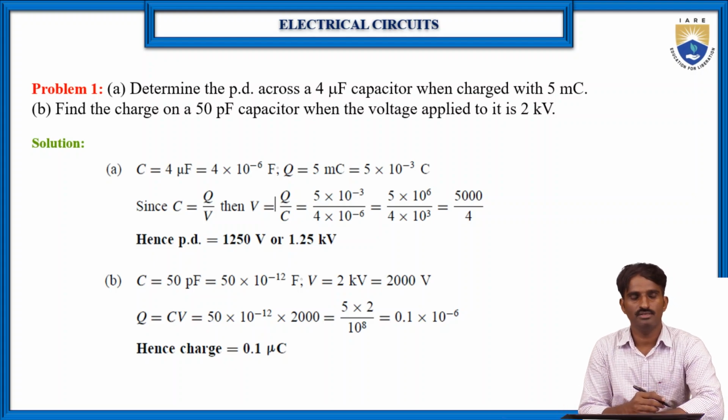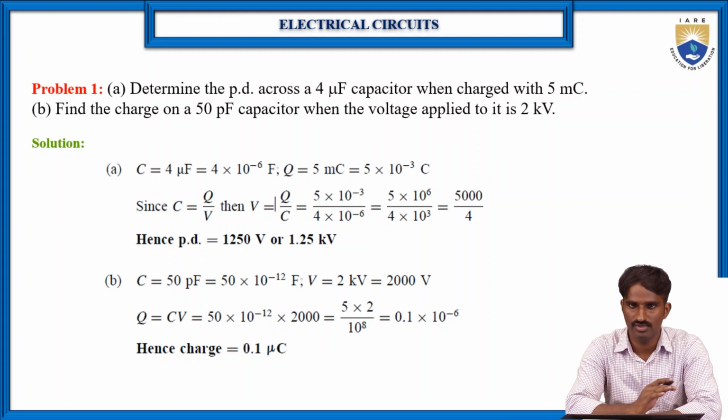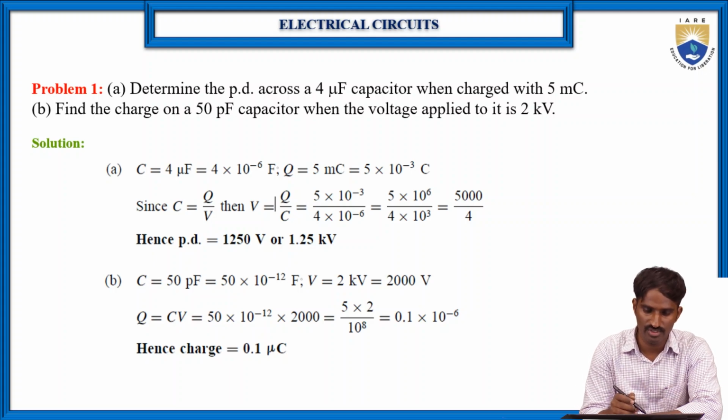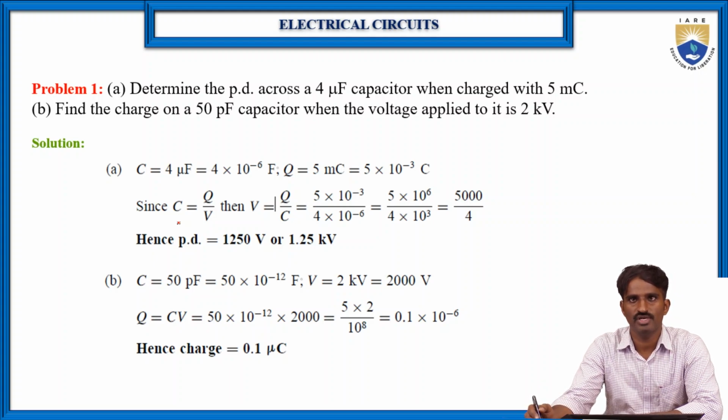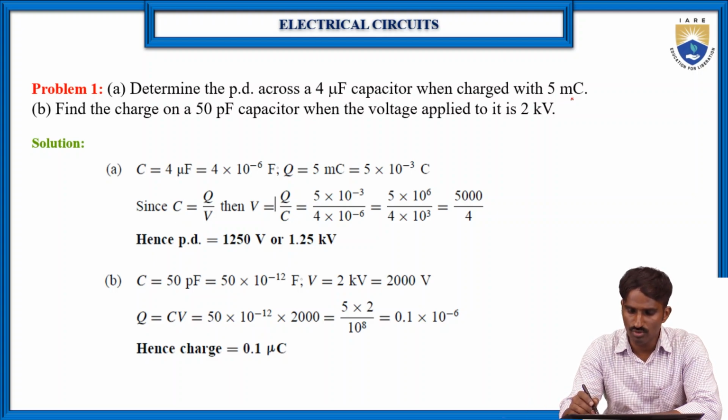Now, based on the concepts we have discussed, what the capacitor and the capacitance are, we are going to discuss some numerical problems. First let me read the first problem. Determine the potential difference across a 4 microfarad capacitor when charged with 5 millicoulombs, and find the charge on a 50 picofarad capacitor when the voltage applied to it is